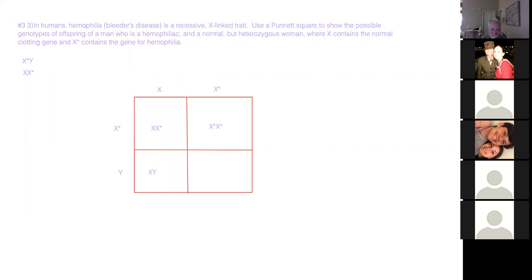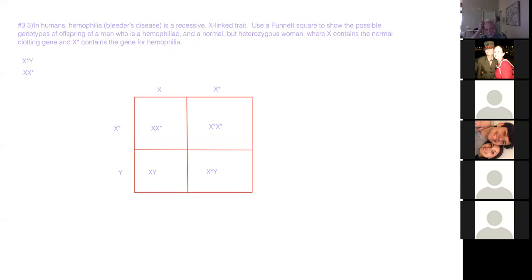And in the bottom left, I get a normal male. And in the bottom right, I get a male with hemophilia. All right, that's how you would work this out. They don't ask you to explain anything else, just show this. It just says use a Punnett square to show the possible combinations of genotype. There they are. If they asked you phenotypes, then you would label,